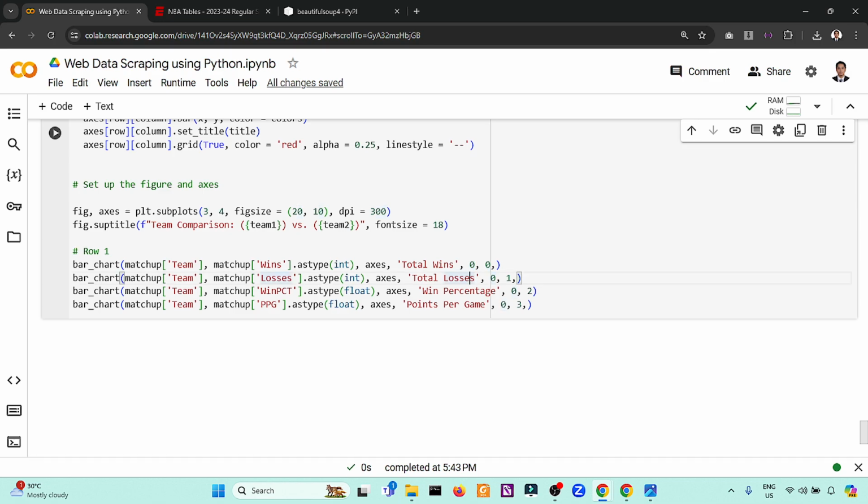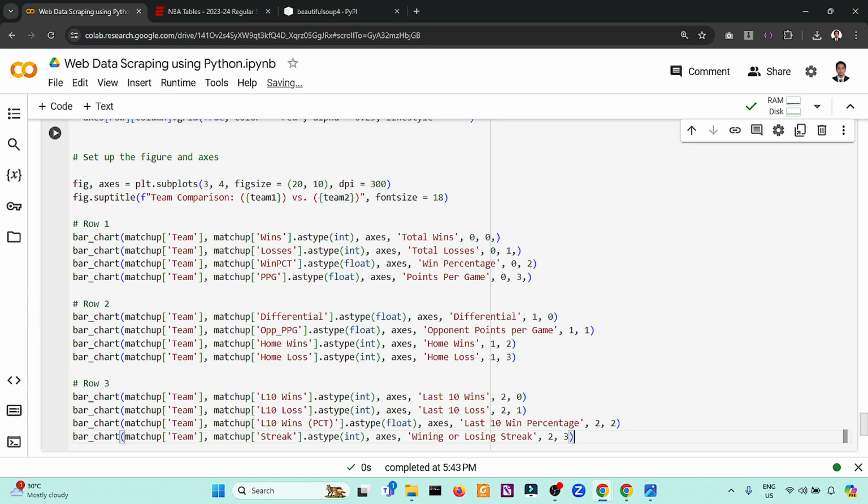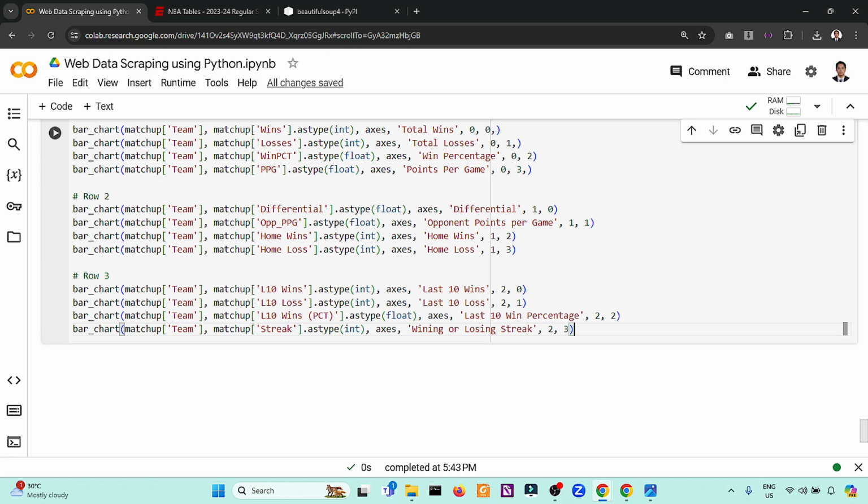This is row 1 and column 1. So in programming, it starts with 0. Then another one, in the interest of time, I will paste the row 2 and the row 3. Then we will use the plt dot tight layout and the plt dot show.